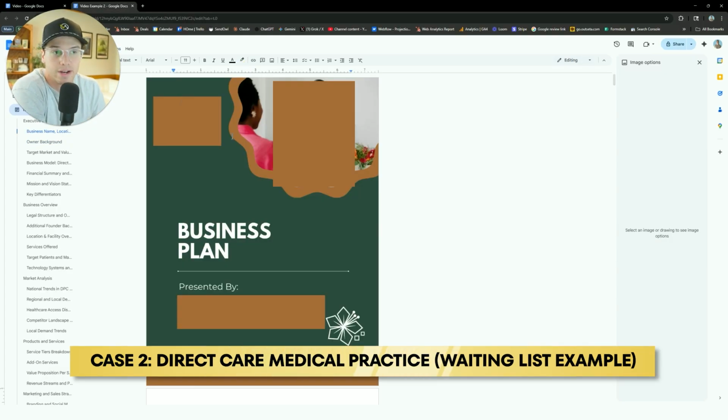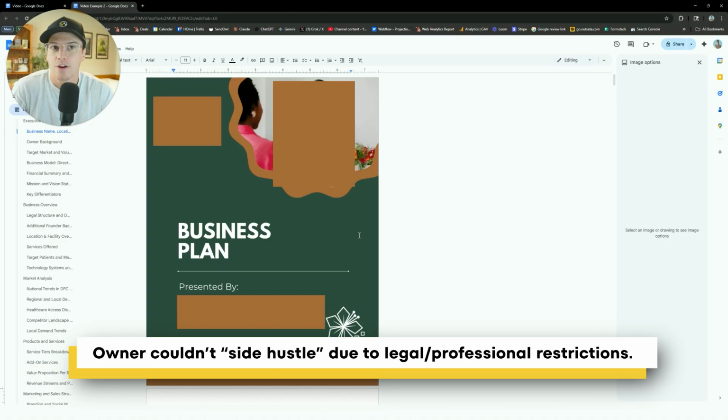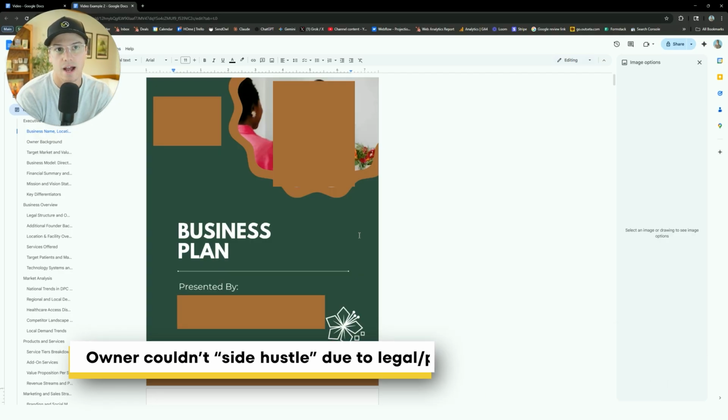And hopping over to another industry, a different example, because there are some industries where the service you're going to provide, you can't really do, even legally or physically, without an official certified business. This is a medical practice, a direct care or direct pay medical practice that's going to be starting. You can't just decide to do that on the side as a side hustle, right? You have to be a licensed medical professional. There's lots of different things you have to go through to do that legitimately. So you can't really have a list of customers you've been helping out on the side, moonlighting.